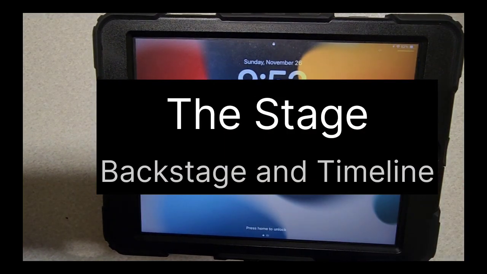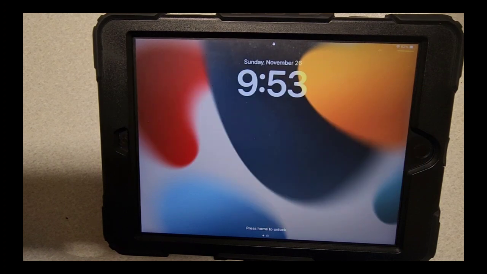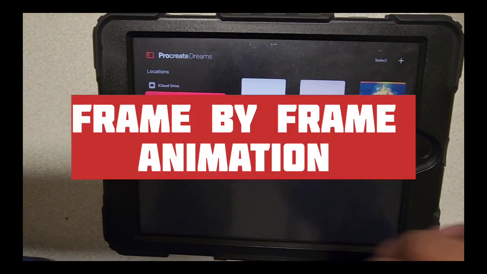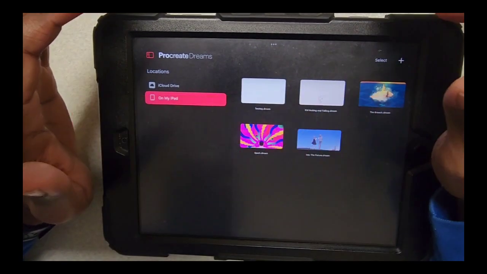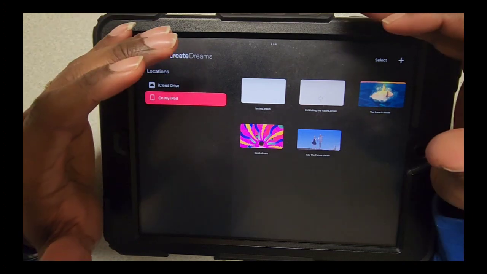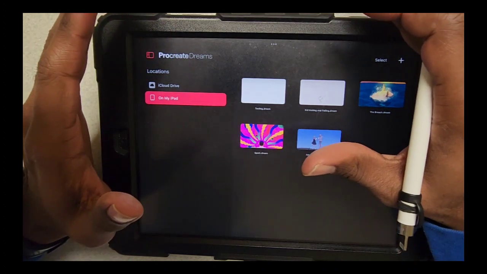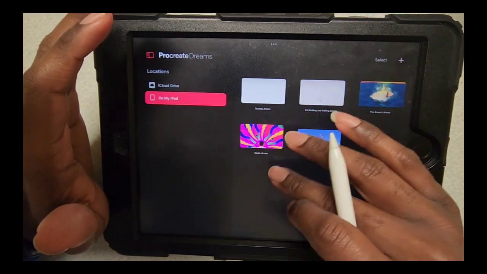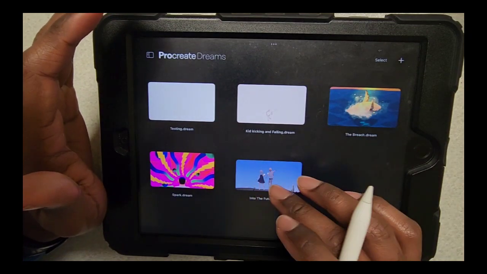And today I'm going to be diving more into Procreate Dreams, but today I really want to focus on the stage area and the timeline area and get into some really good details about that area and some frame by frame animation. I want to explain the stage and timeline area in great detail to help those who don't understand it a lot more. So let's open up one of the pre-made movies already established in Procreate Dreams, and then we will go into details